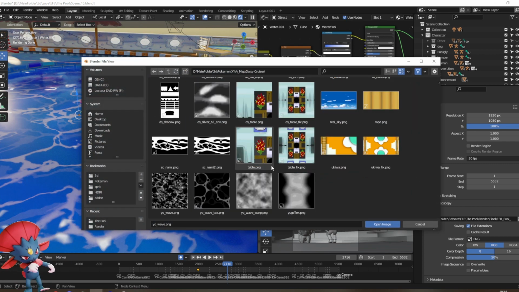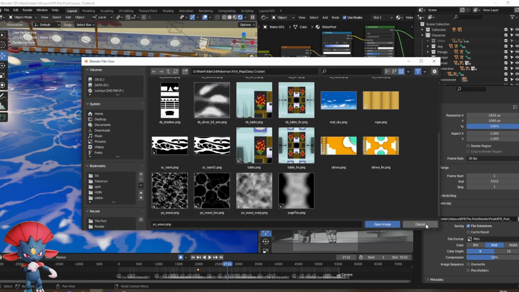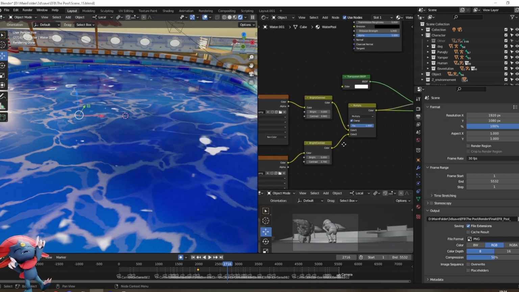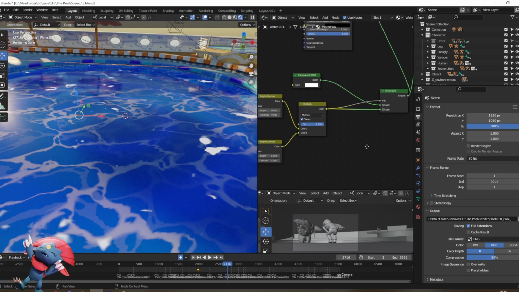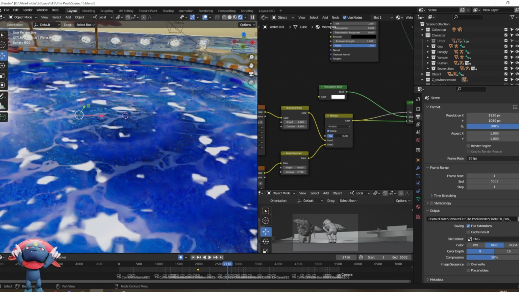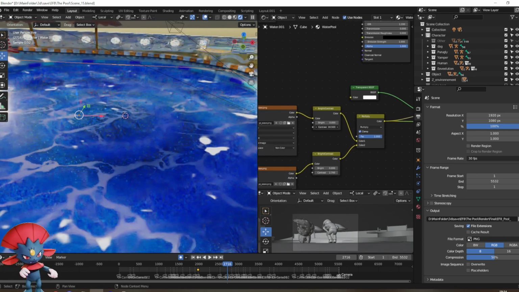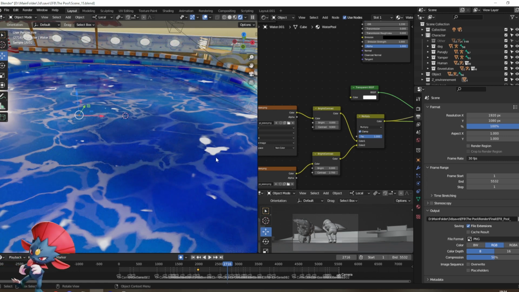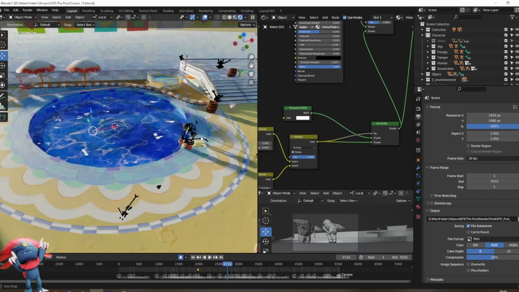If I change the texture, it's the wave. Yeah, it's just some black and white texture, and then I use some contrast and some multiply. To be fair, I don't fully remember what I have done because I actually made this texture 1 year ago already. But yeah, this is basically how I have done the water.